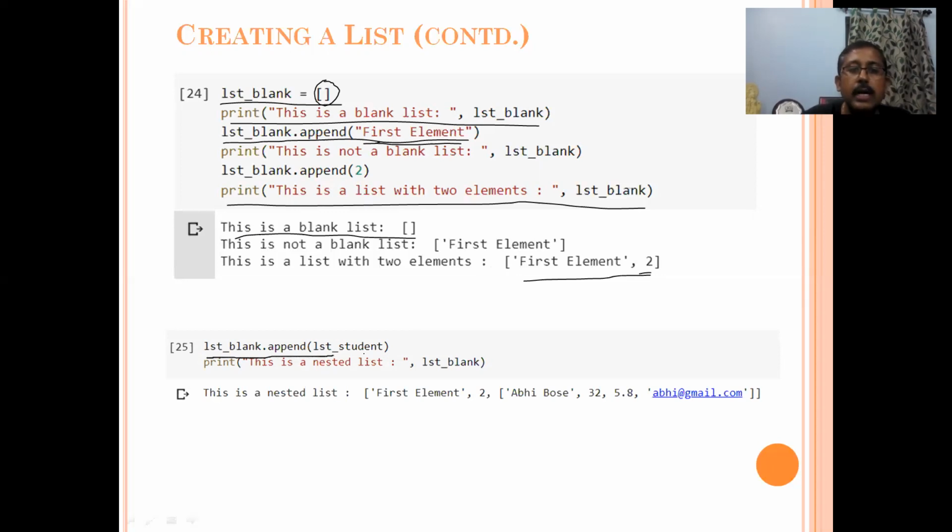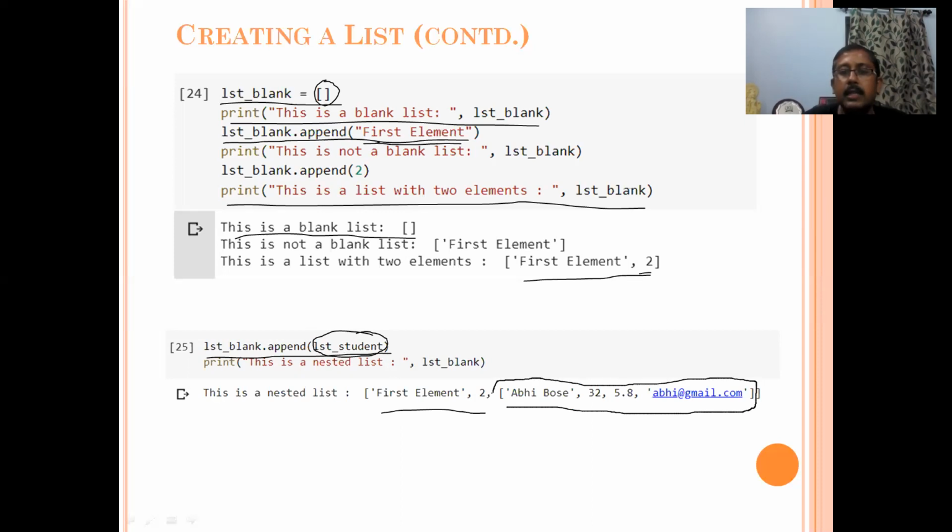How do you do that? Just like adding a new value of an element, you just add a new list as an element. So dot append, and within the brackets, the parameter that you give is another list. It will just add another element, which is nothing but another list. So this is a nested list, a list within another list. So what do you understand? As a part of a list, you can have any data type, or you can also have another list.